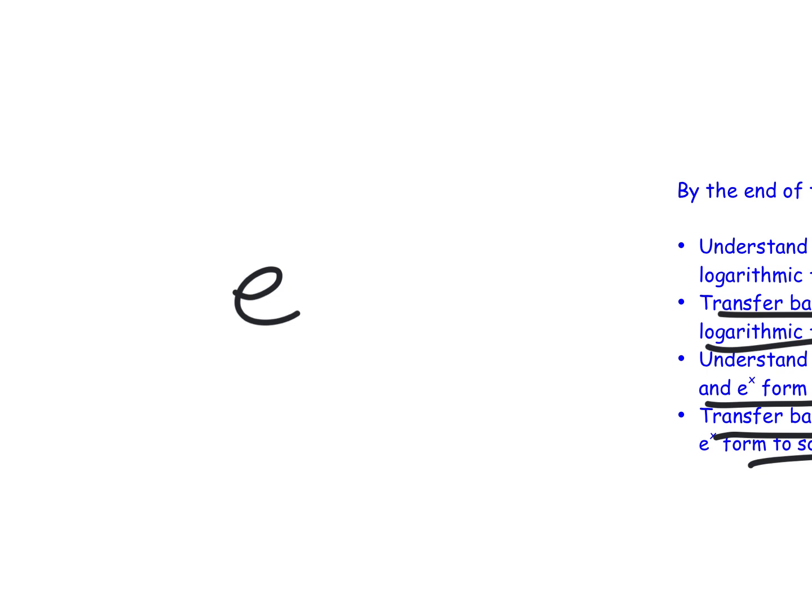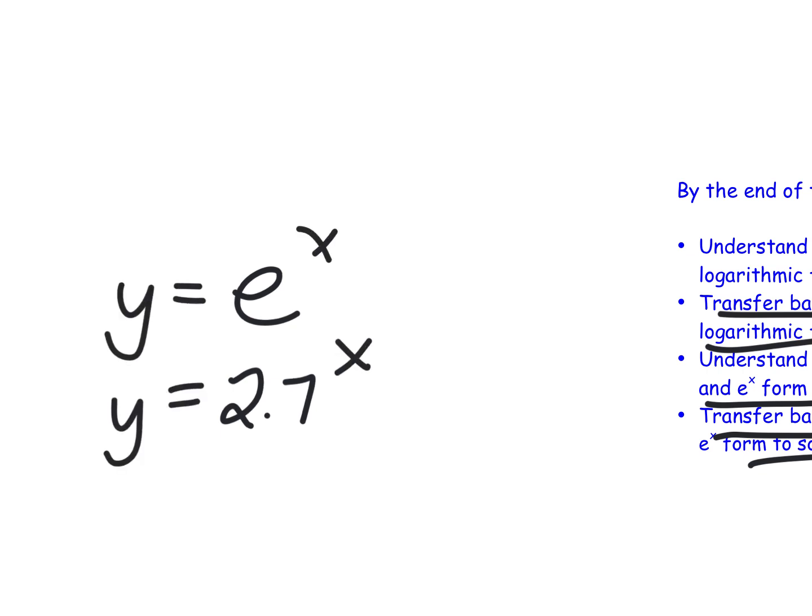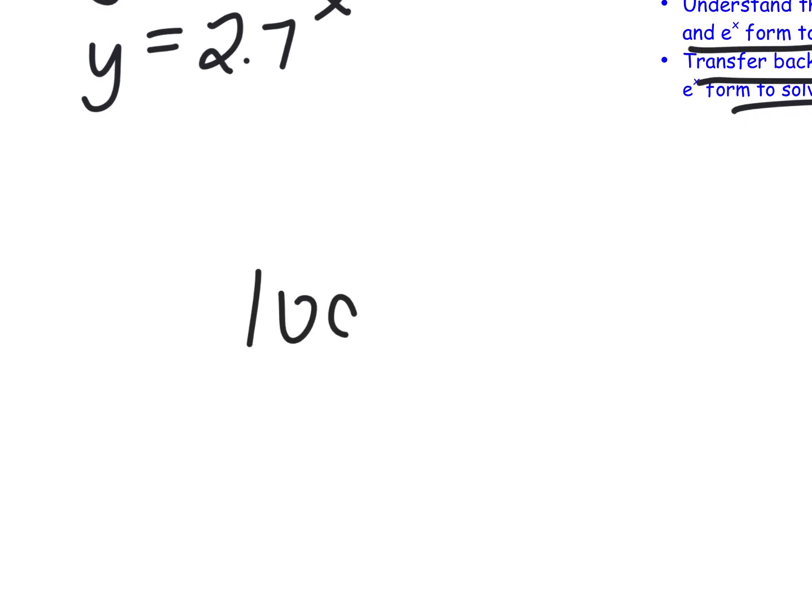I would have accepted 2.7. What was a little closer than that? 2.718. Very good. And if you didn't write anything, then you didn't remember what e was. About 2.7. So when you're asked to do e to the x, it really means 2.7 to the x. Okay? Because that's what e is. It's a rounding of e, but then you've got to be able to know when there's a log base e, it's the same idea. That's about 3,